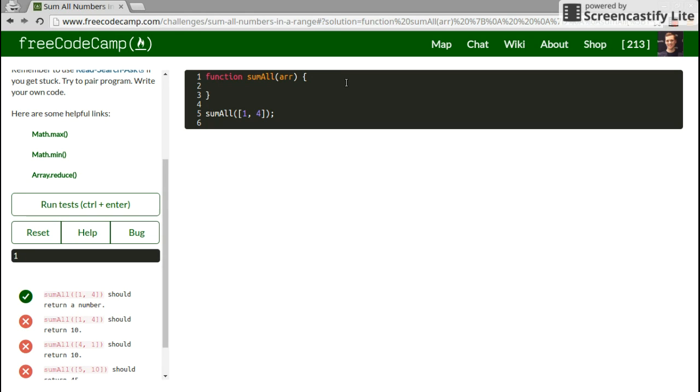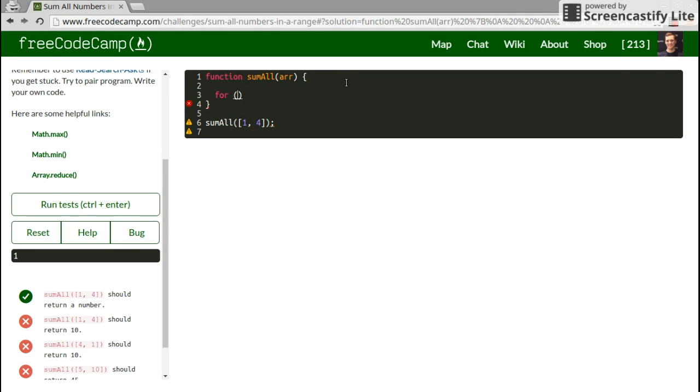We basically can make a for loop. And we're going to set the beginning of this loop to the smallest number. So in our first case, it's at the beginning. Array of index 0 is our first number. Right here, it's the number 1. We want to keep going until it's greater or equal to the larger number, in this case, index 1. And the reason we want an equal sign, less than or equals, instead of just a less than, is because this is inclusive. We also want to loop when we're at this max number, not just skip it once we hit the max number. So then we increment i,